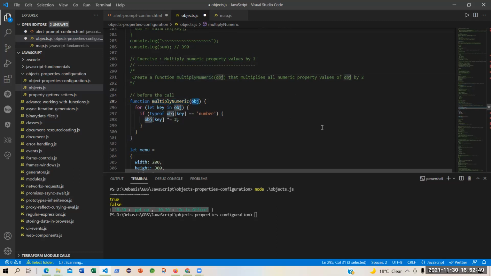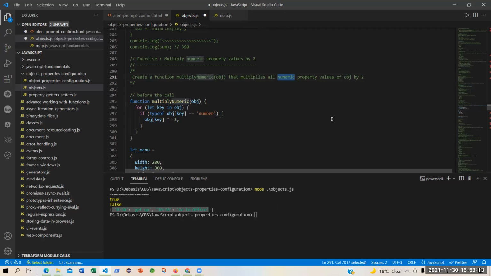We are sending an object. In that object, we will multiply all the numeric properties value 1 by 1 by 2. So definitely there is a question of looping. So you loop through that object that has been passed. First of all, because I am saying that I will only multiply whichever are the numeric properties.